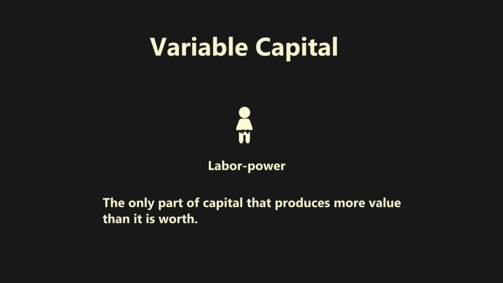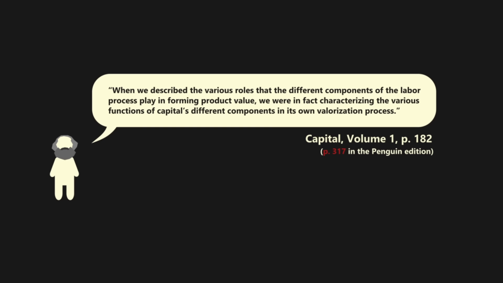What is important about both of these categories is the notion that they are themselves capital. Marx observes the following. "When we described the various roles that the different components of the labor process play in forming product value, we were in fact characterizing the various functions of capital's different components in its own valorization process." Even though raw materials, tools, and the work carried out by employees are all qualitatively very different, in the production process they become parts of one sum of capital. The production process is capital making itself larger by combining parts and, importantly, using labor power's unique ability to create